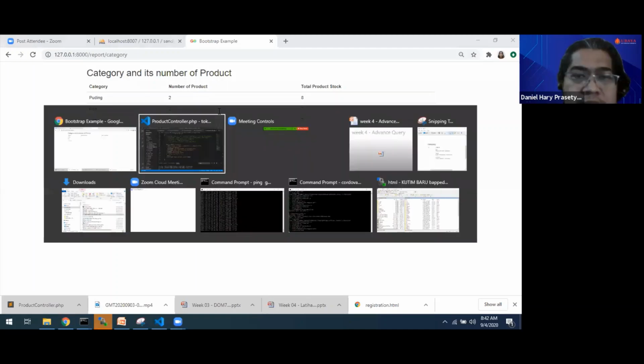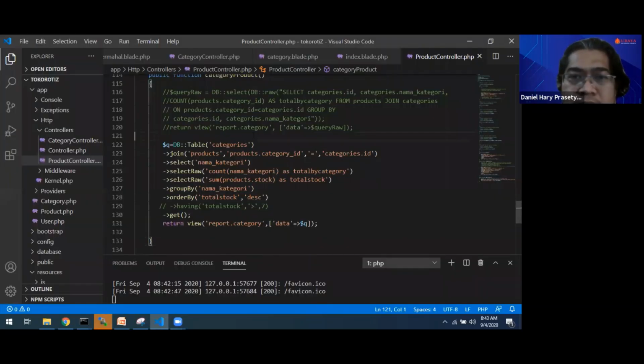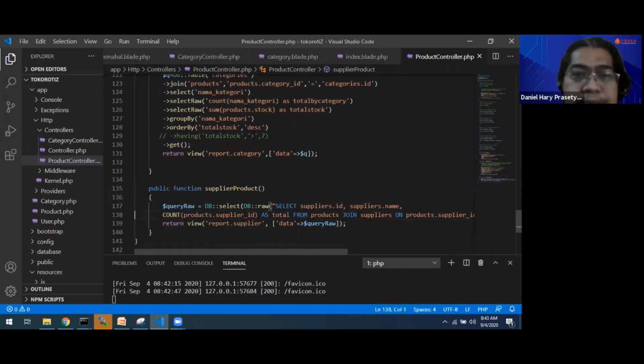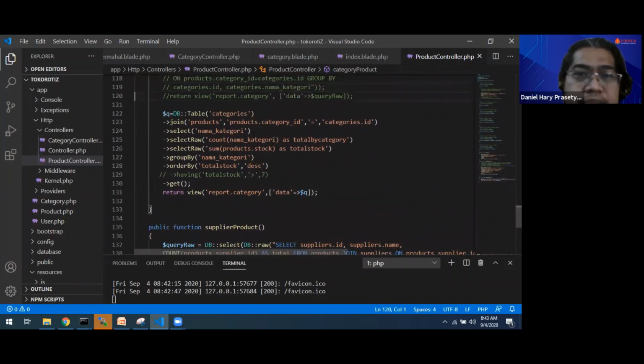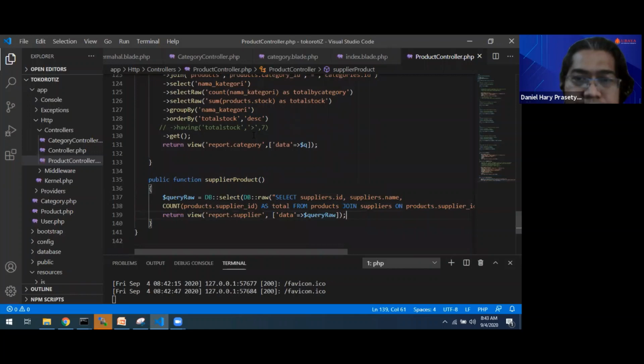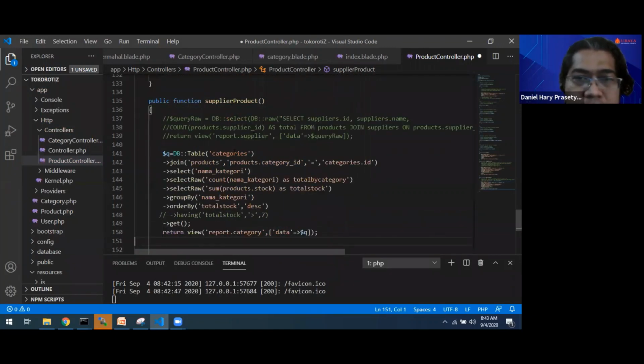Okay, we can use this the same way for suppliers also. For suppliers.